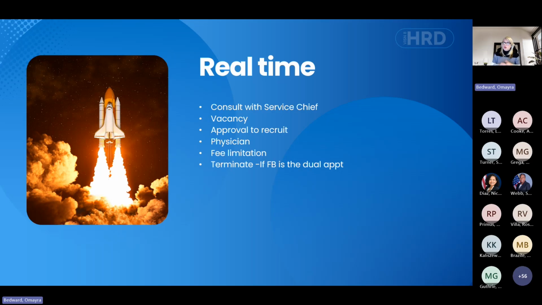You want to make sure that those records are correct, okay? So you're going to hear that I'm going to talk about fee basis, but it's because that's the most common one, okay? There's others. There might be somebody that has two part-times or a part-time and an intermittent.